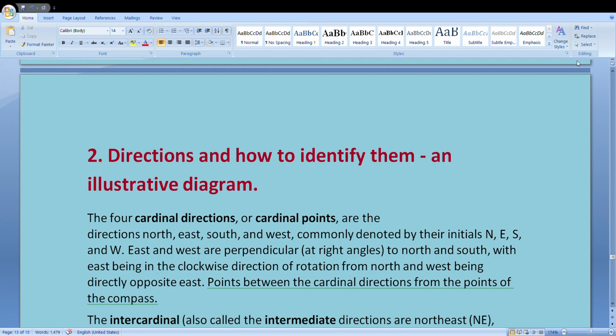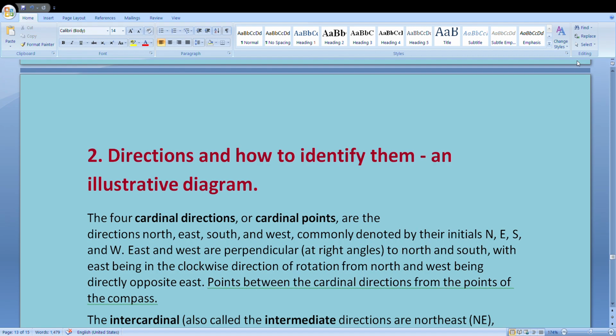So wherever we go, we represent the area with its direction. Where it is located, like Pakistan is located to the northwestern part of India, Nepal is located to the northeastern part of India, China is in the northeastern part, like that. We have to explain the areas with the directions. So there are four cardinal directions: north, east, south and west.